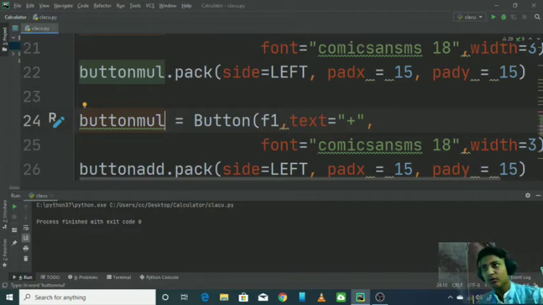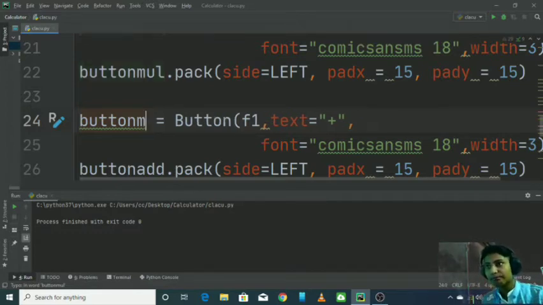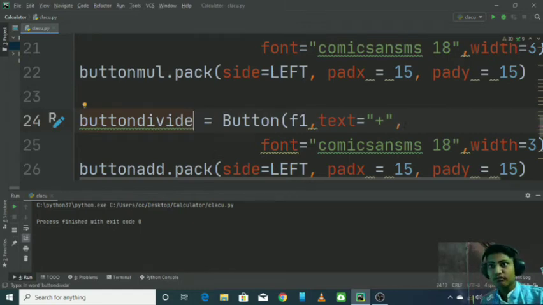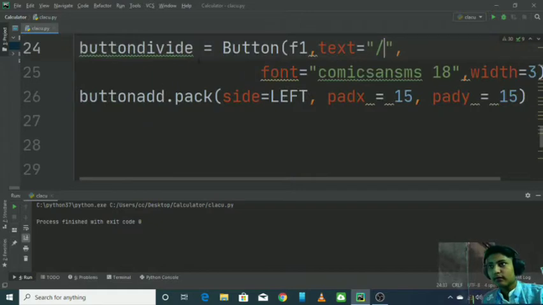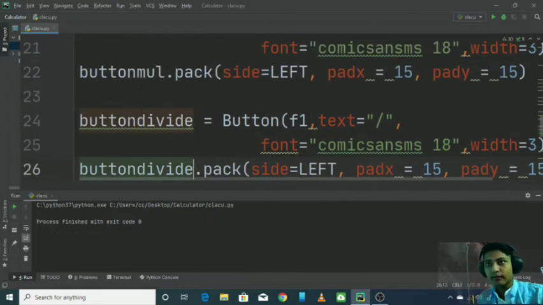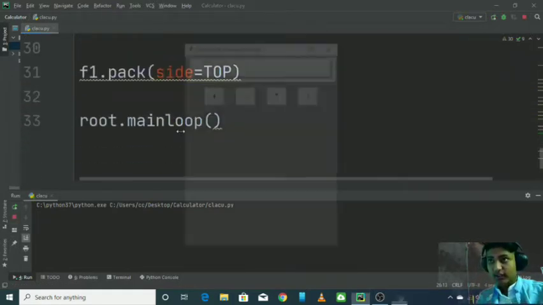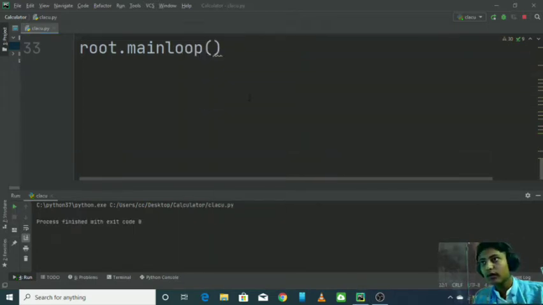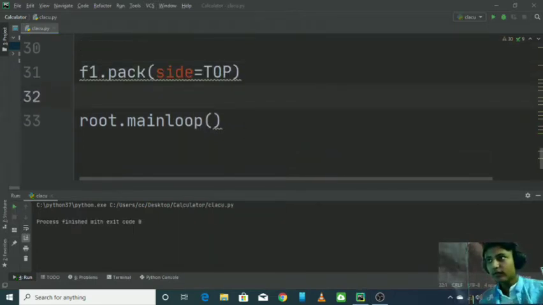So here button divide and the sign of divide, or upon, here it is, and then button divide dot pack. Let's check. Here we go, our buttons are very good. Let's increase the width. Here we go,